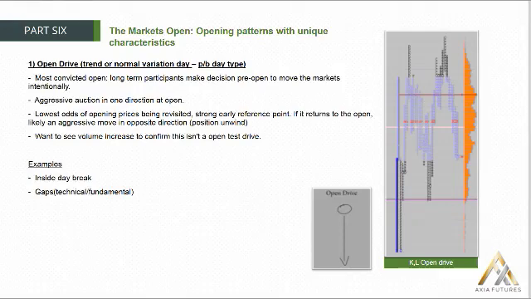The first one you can see is just a basic drawing of what an open drive looks like. The big O is where we open. Now, as you can see, we open almost at the extreme. This could be obviously up or down. Now, when we open, prices are very quickly moved in one direction or the other